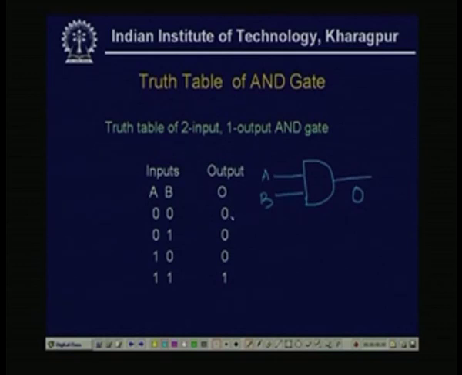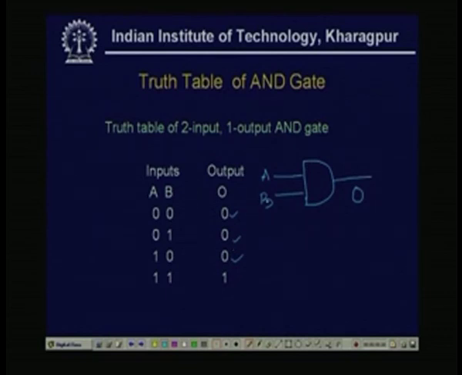So, this is the first value. Now, if A is 0, but B is 1, that means remember that one switch is disconnected, and in this case again the output will be 0. Similar thing happens for the third case, and only the output will be 1 when both the inputs are 1,